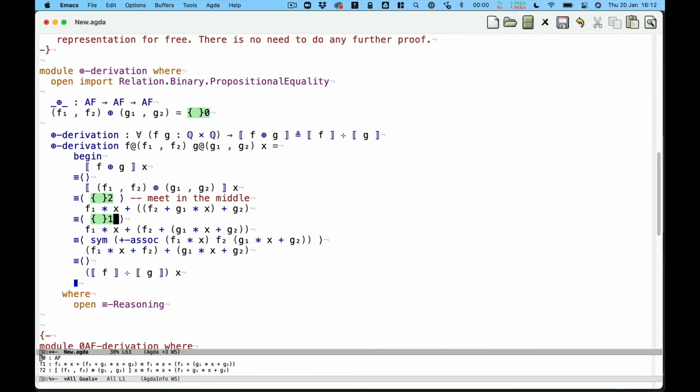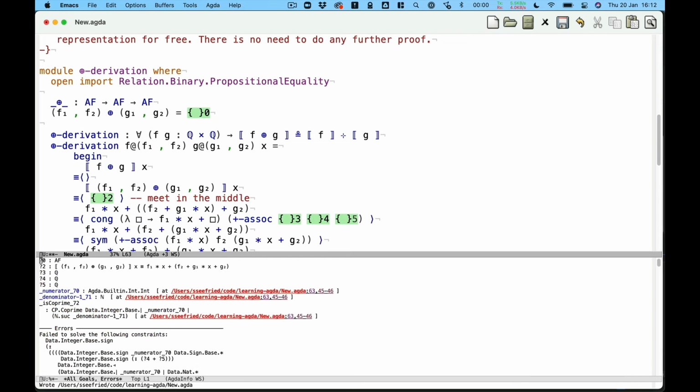That's going to be a forward use of associativity, but I'm going to have to use the Cong rule here. So on something of the form f1 star x plus, I want to then use the plus assoc rule. So we'll refine that, and that's worked really nicely. And the thing I want to do it on is